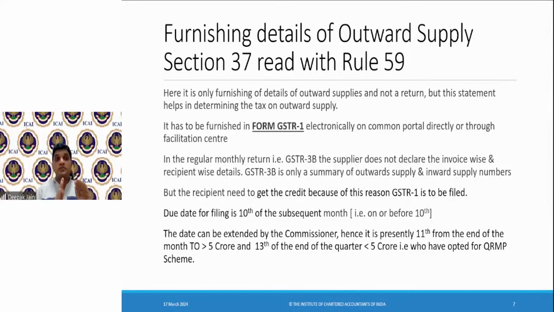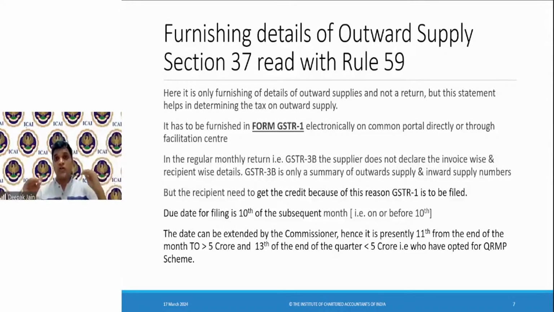क्योंकि अगर मैं बोलता हूँ जब मैं GSTR-1 फाइल करता हूँ तब मेरा sales 100 करोड़ है, so obviously मेरे GSTR-3B में भी मैं 100 करोड़ के ऊपर tax भरूंगा. But if I pay taxes on 99 crore, मतलब 1 करोड़ का मेरा short payment है. So in such cases, there is a linkage between GSTR-1 and 3B, that if I've reported sales of 100 crores in GSTR-1, then obviously I have to pay taxes on this GSTR-1 to the extent of 100 crores.